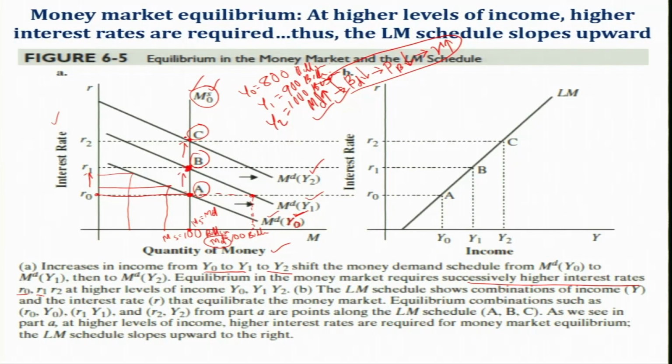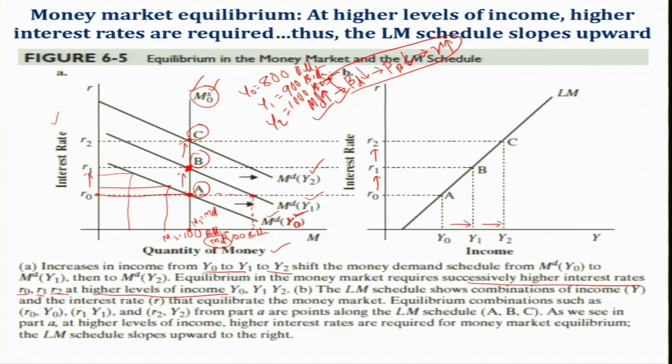So importantly, for the money market to be in equilibrium, an increase in income requires successively higher interest rates at higher levels of income. So we can see that the higher the level of income, when the GDP increases, the money market equilibrium requires a higher